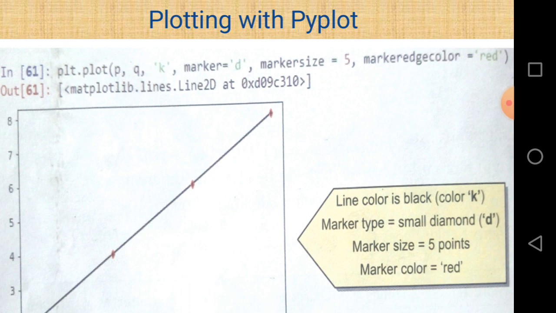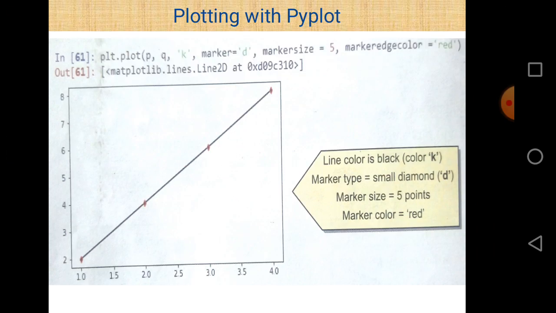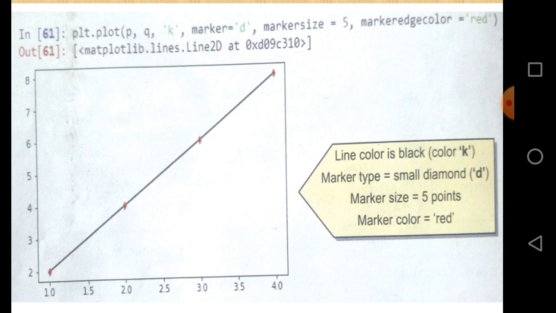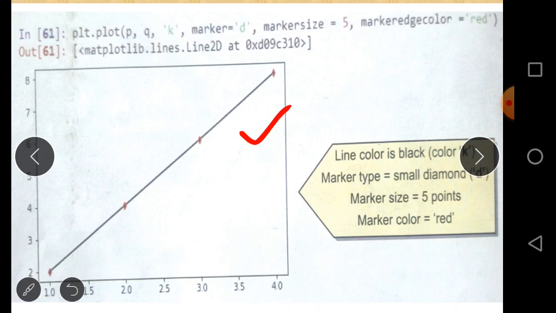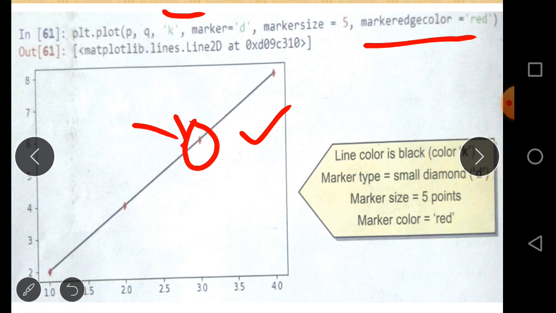That is the type of marker here, and here marker size is 5 and marker edge color is red. Marker size is 5, and 5 is basically a value in points, and if we want to increase the marker size, then the size will increase in this case. The standard is basically 5, so you can put marker size 5 in most of the cases. So here we can see that the line color is black because we put line color K, and then marker edge color is red. You can easily see that this is red color, because we put marker edge color equal to red.